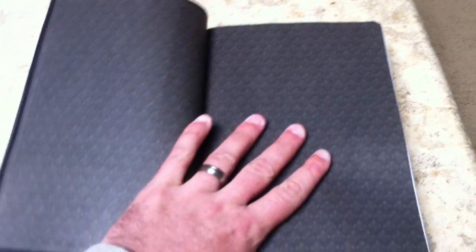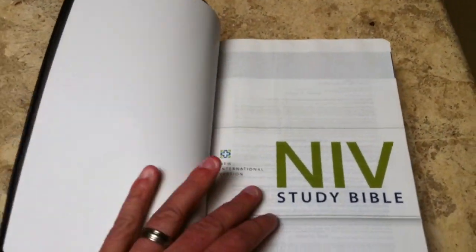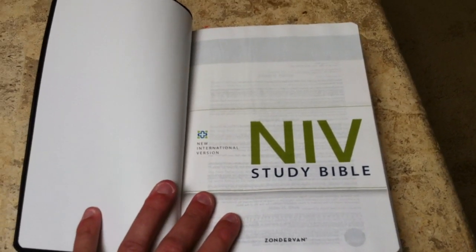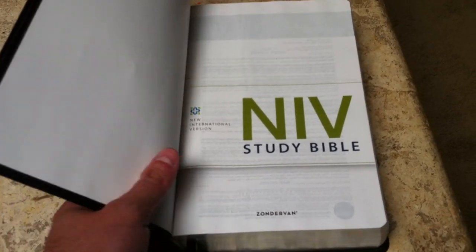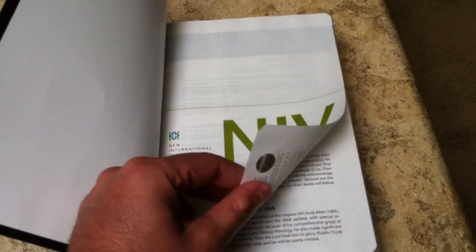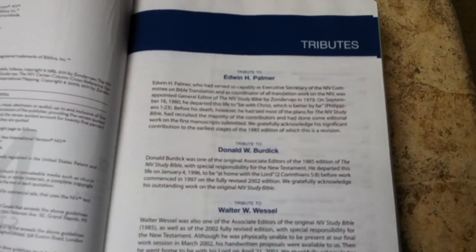Now, when you open it up, there's kind of an attractive looking inside on it. This is a high quality leather edition, and the quality of the leather is very good. I like that. One of the things that'll strike you about this particular version of the NIV Study Bible is their use of color. This thing is loaded with color, and that's a plus and a minus, as I see it. They also, I think, tend to use a hybrid of contemporary fonts like you see here, kind of a Helvetica, nice, clean